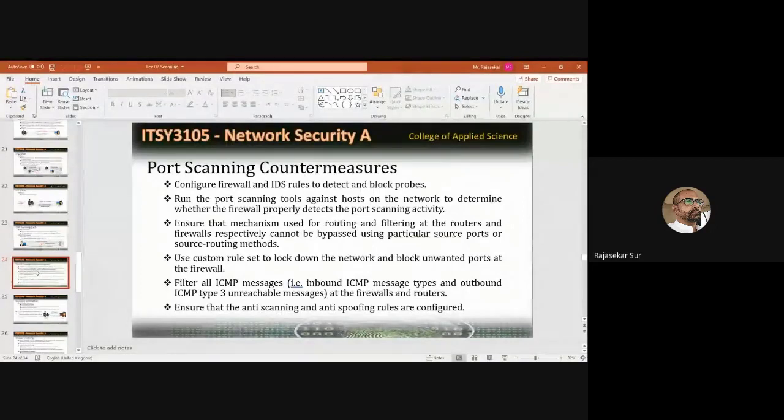If you are a target, how can you secure or protect yourself from port scanning? How are you going to stop port scanning in your network? So that is going to be,